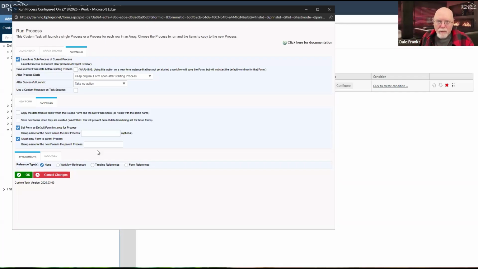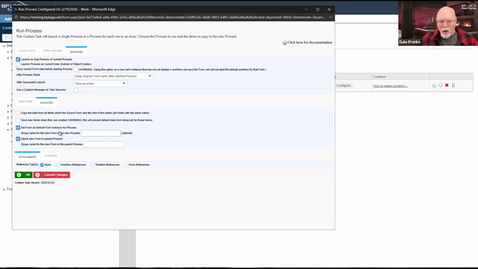Whenever I run the lunch process, if it runs as a sub-process, it's always going to run it as a child process. So here's where things get murky. When I refer to a sub-process, I'm referring to a specific kind of thing: a process that is linked directly to a main process as part of that process.